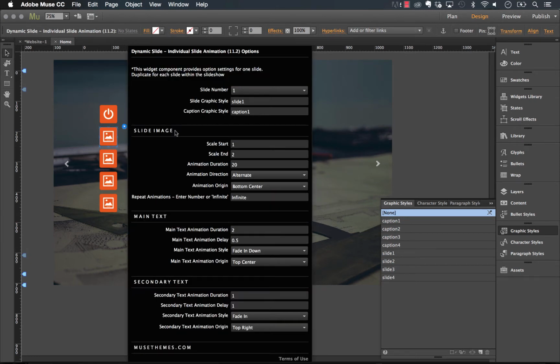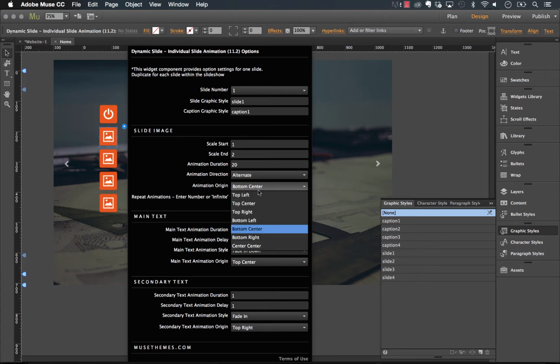Now below that we have all of the animation settings for the widget. We have scale 1 and scale n. Scale 1 of course would be scaling 1 to 1, and scale n would be 2 to 1, so it would be increasing here. We have the animation duration, which is set to 20. This is of course timing control. We have the animation direction. We can set things like normal, reverse, alternate. So these are just different variations on the animation.